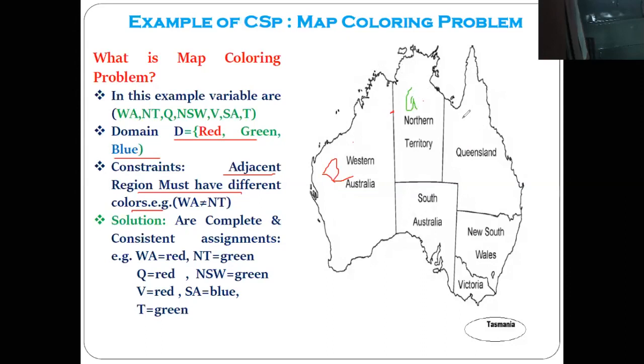And then suppose we give blue here. Can you give the blue here? Yes, sir. Then what color should we give here now? Is there any color remaining? No. It means our solution is failing. Then what do we have to do?